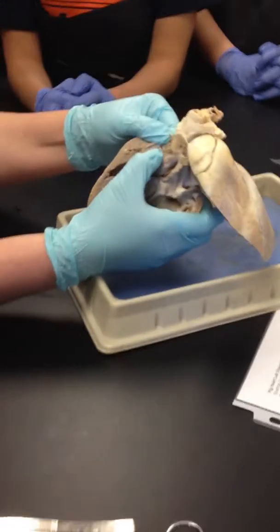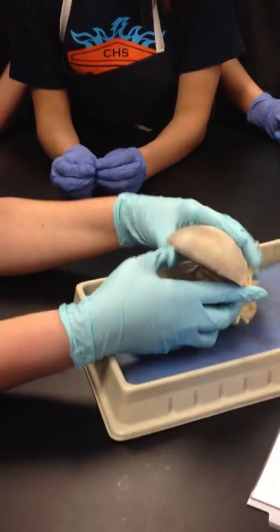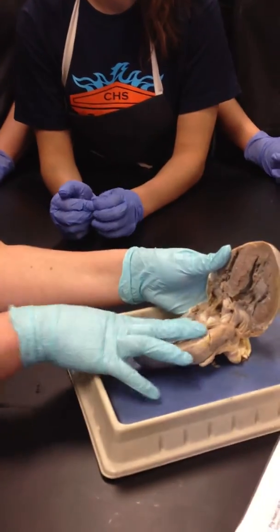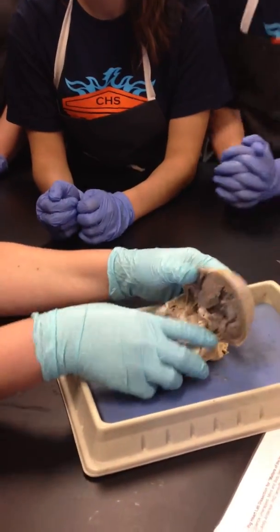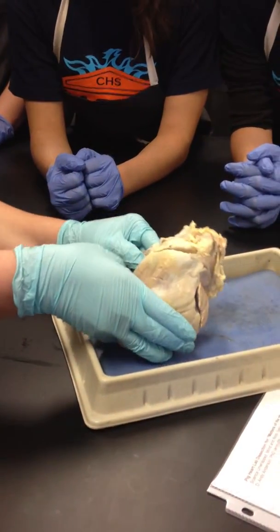This muscle in here in the atrium, and both atria are going to be characterized by this particular type of muscle right here, is pectinate muscle. This is the interventricular septum that separates the right and the left half from each other. If I stick my finger in here, maybe I can find...